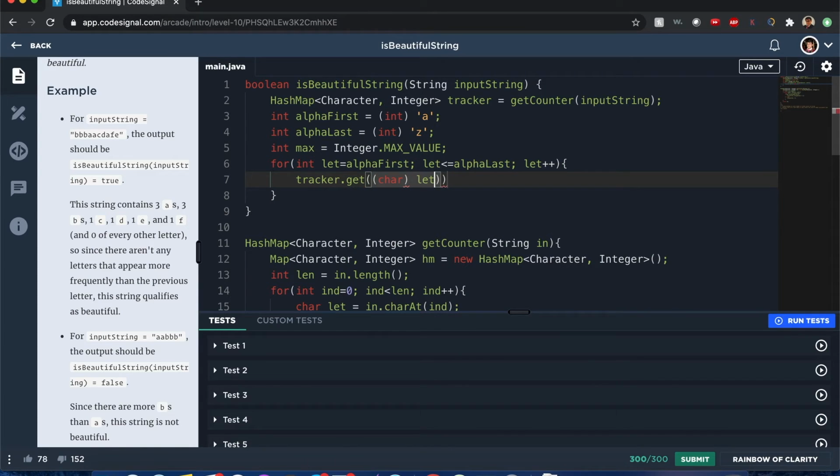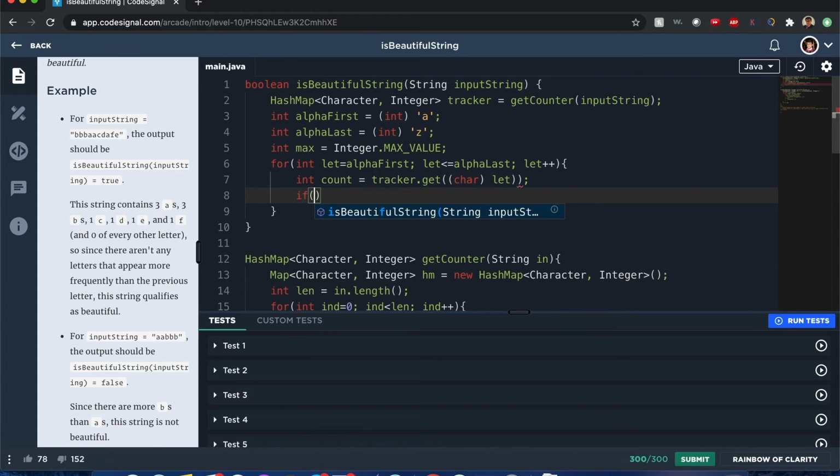Now we want the character of the letter. We get it to C. All right. And we want the count of that character. And if that count is greater than the maximum value, and this maximum is going to be,